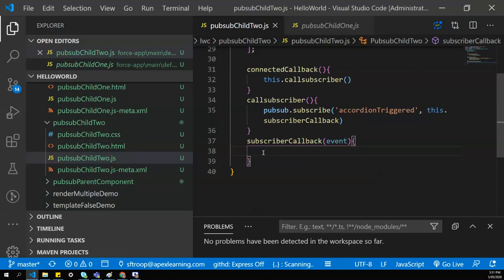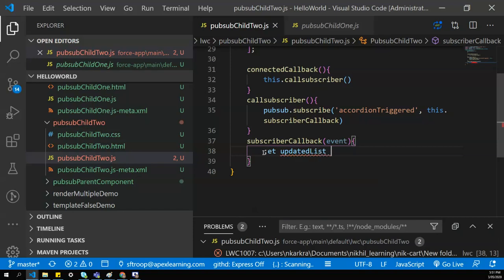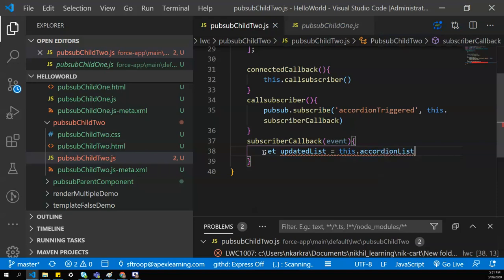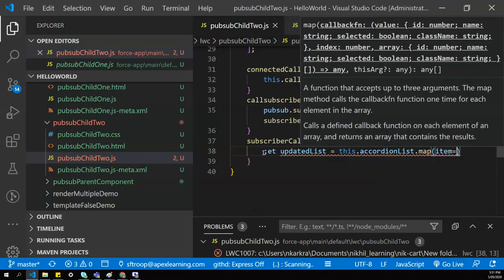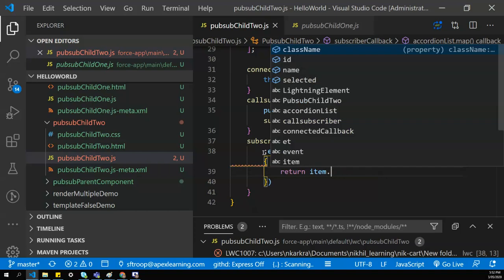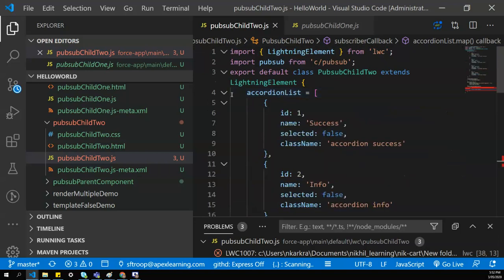So that will tell which accordion to open. So we'll say let updatedList equal to this.accordionList.map, that will return a new array, and we check here: return if item.name matches. Item.name is nothing but the name property here.